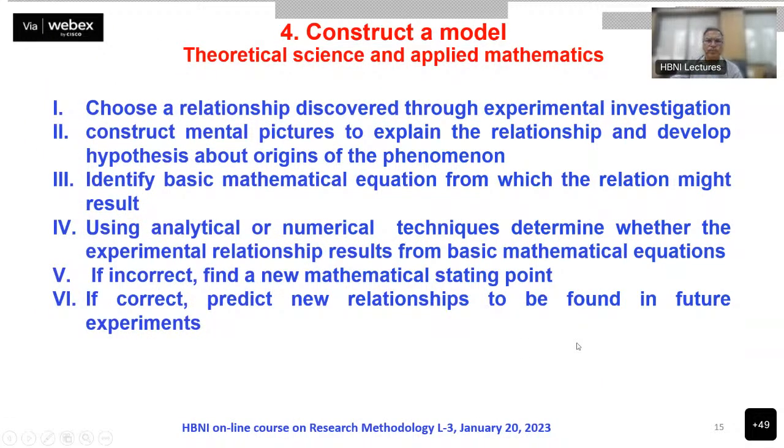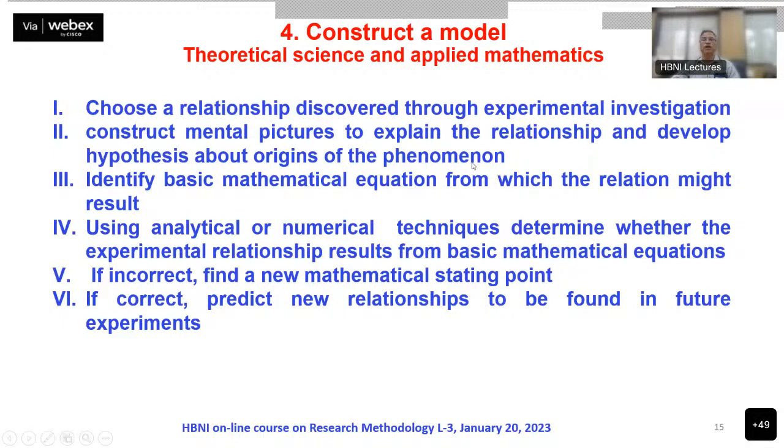The fourth type of research method includes construction of a model, like in political science and applied mathematics. So you can choose a relationship discovered through experimental investigation. In fact, one can even do a survey, and using that itself, you can make a model to construct mental pictures to explain the relationship and develop hypotheses about